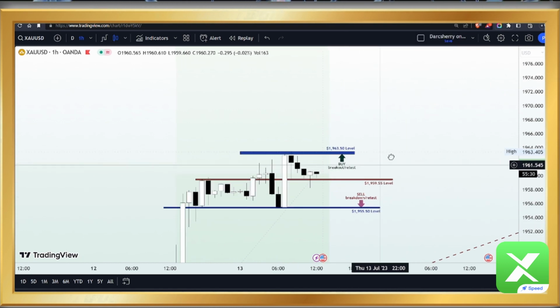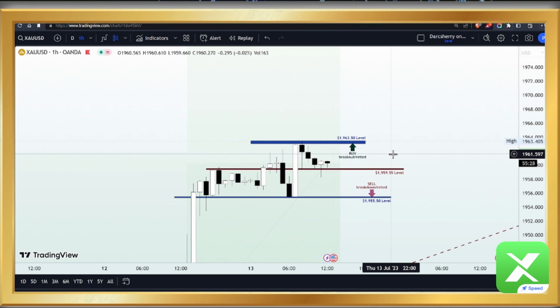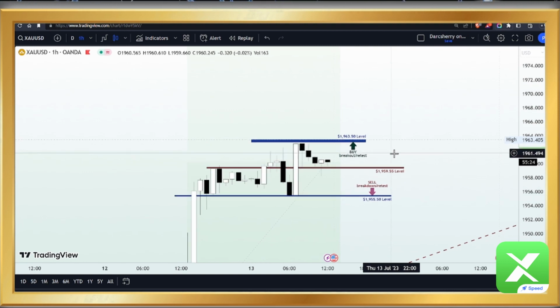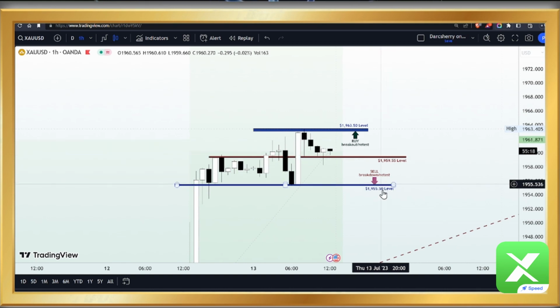Now that we've discussed the seller's expectation in this market, let's go back into the major trend here, which is of course bullish, which is the most obvious possibility in this particular market. Since the beginning of the week, we have been very bullish. Why not still hold on to the idea of going bullish? Now, with the situation we have here, the chances of this price action transitioning into a trend continuation pattern is high. So at this point, I'm looking forward to buying opportunities at the breakout of the